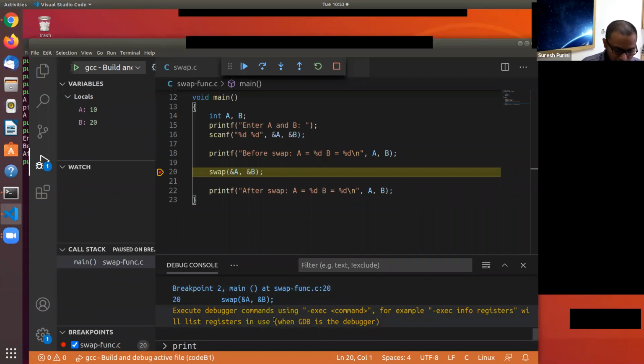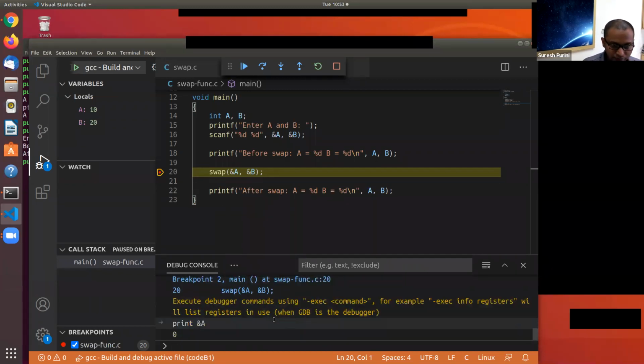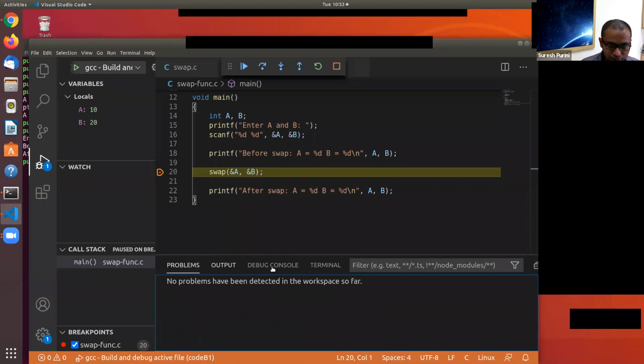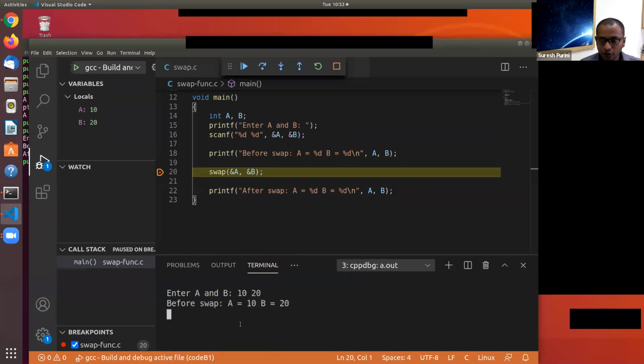So if I see print ampersand A, I'm not sure how this debug console works, but okay, let's go to terminal. So swap passes the address of the variables.